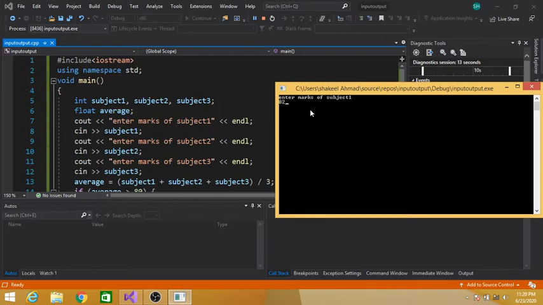Let's enter 82, subject 2 80, and marks of subject 3 85. So your grade is A. Why? Because the average is greater than 80. We can see 82, 80, 85, and the average must be greater than 80.